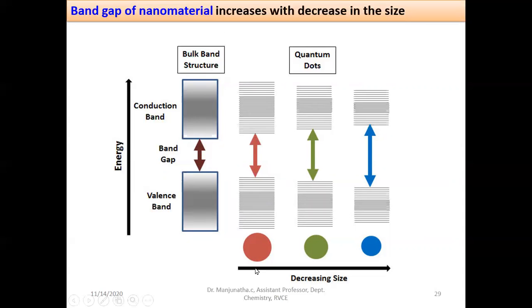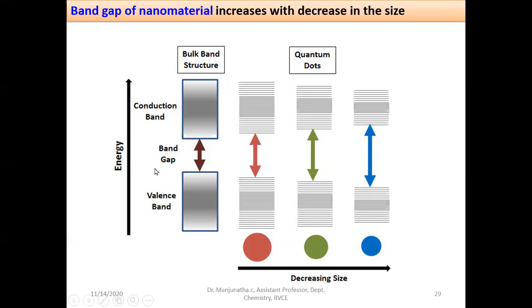See, the particle size decreases. Particle size decreases from bulk to nano, nano to still smaller nano material. The band gap of the nanomaterial increases. So because of the change in the band gap, its electronic properties are completely altered, because the electronic property depends on the excitation of electrons from one band to the other. It is becoming from conducting to insulating,